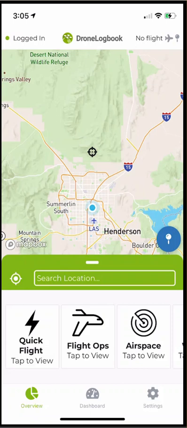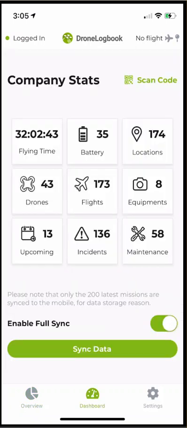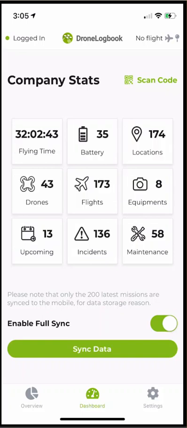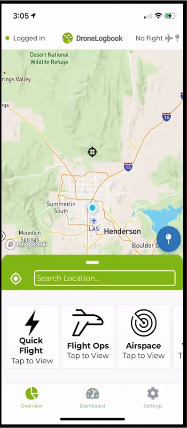So to run a planned mission on the mobile app, the first thing you want to do is go to the dashboard on the bottom and sync the data. You do this to be able to call in the planned mission so you get the latest information on the mobile app. Once you've synced the data, you click Overview on the bottom left, and then you select Flight